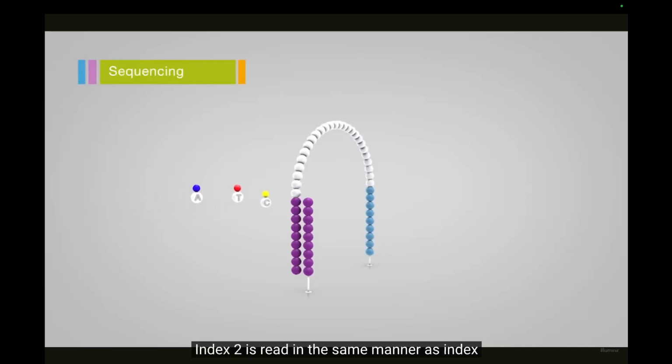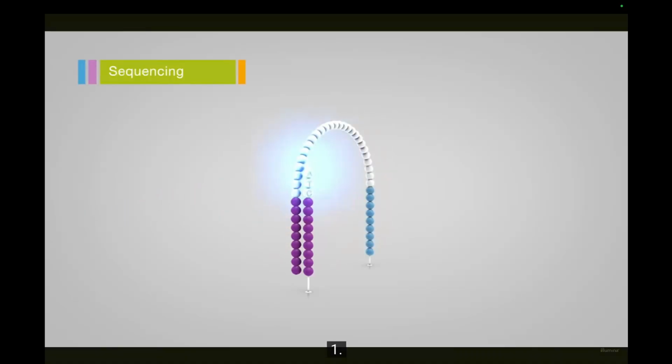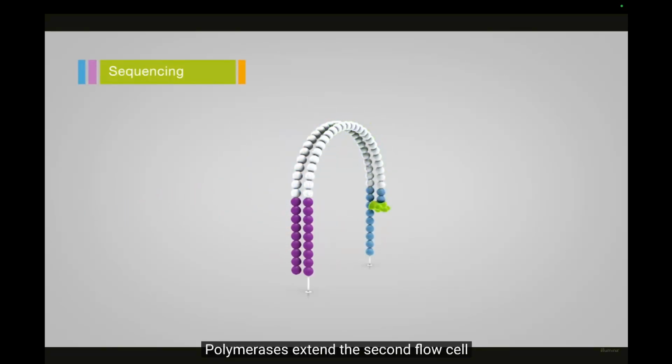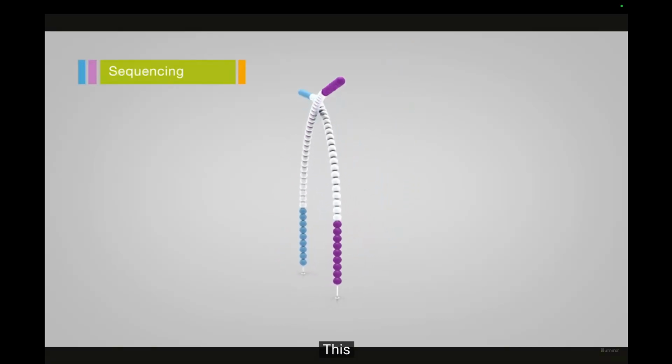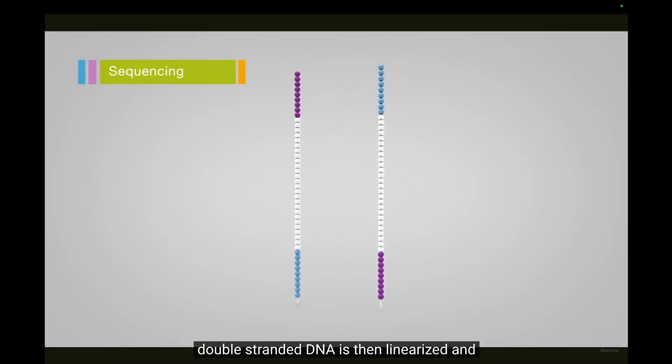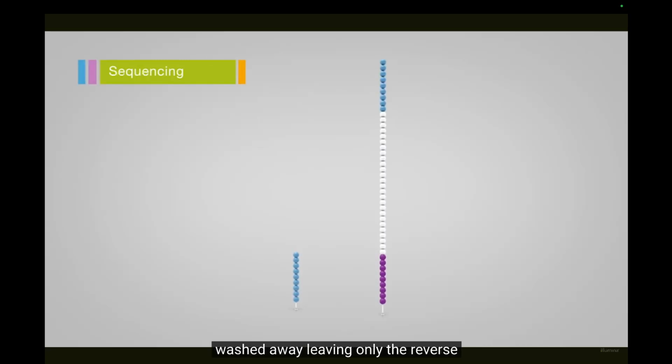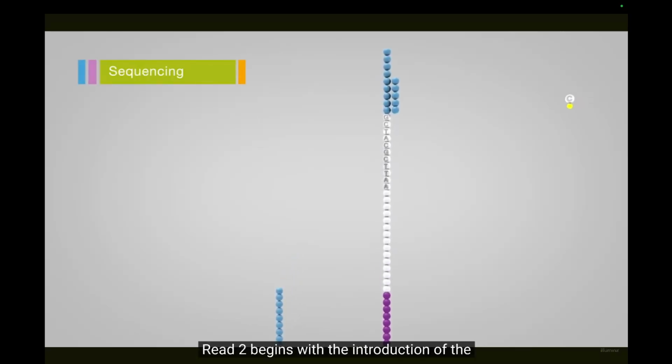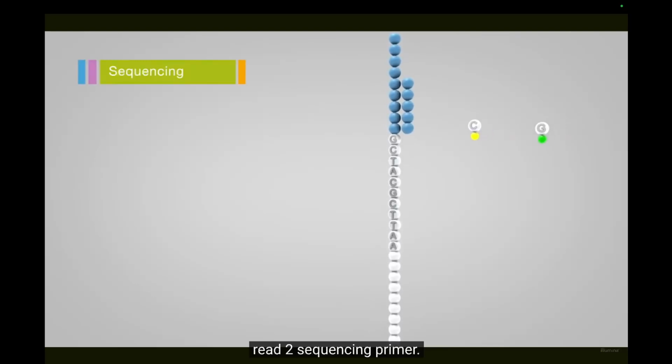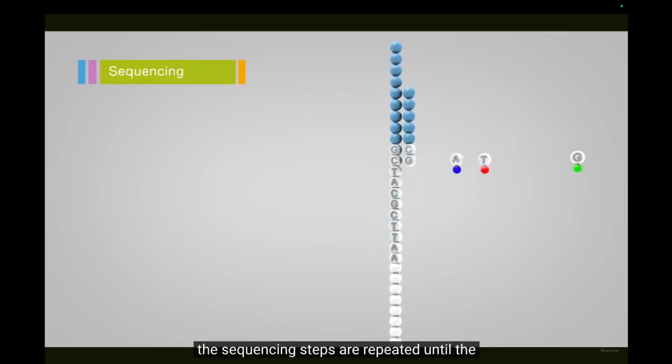Index 2 is read in the same manner as Index 1. Polymerases extend the second flow cell oligo, forming a double-stranded bridge. This double-stranded DNA is then linearized and the 3' ends are blocked. The original forward strand is cleaved off and washed away, leaving only the reverse strand. Read 2 begins with the introduction of the Read 2 sequencing primer. As with Read 1, the sequencing steps are